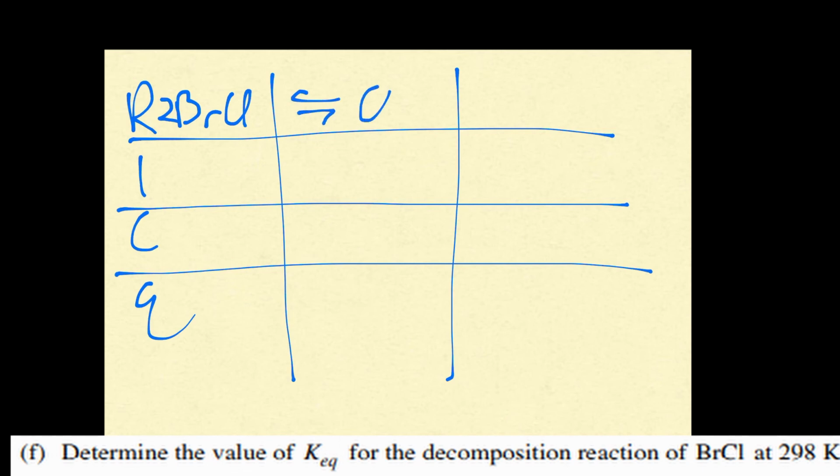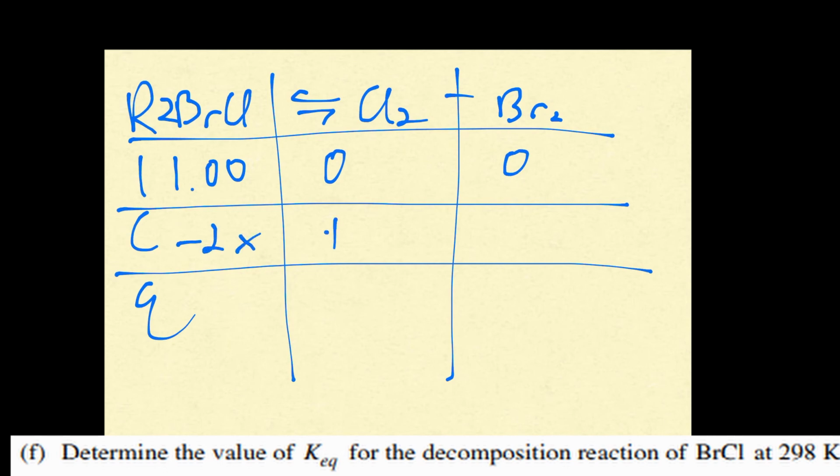First, we start with 100% or 1.00 BrCl. Since the molar coefficient is 2, we subtract 2x. We know to subtract 2x because since there is no product, we must shift over to the product side. We know that 42% of the BrCl decomposed, so subtracting 0.42 from 1 gives us 0.58% of the BrCl left,